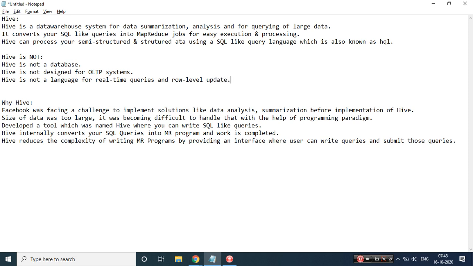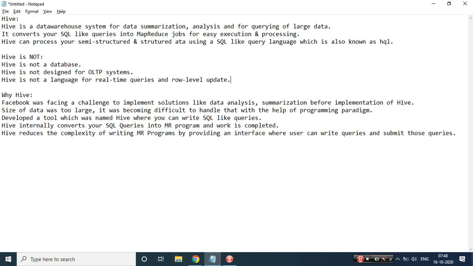Yes, Hive provides a functionality where, with certain properties, I can use inserts and updates, but predominantly it's not an OLTP system. So these three pointers you'll have to remember. It's not a database. It's not designed for OLTP systems, wherein you can execute your frequent real-time queries, which are nothing but my DML called inserts and updates. Okay,